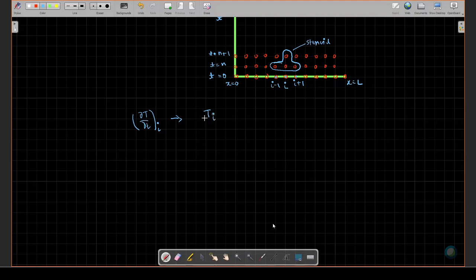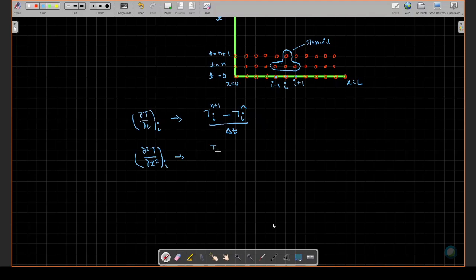Ti, so this i is common, minus another Ti, and delta t, but this is forward in time, so the time index is shown at the top, n plus 1 and n. And what about the other term, that is del 2T by del x2, that is again at the ith location, you take two terms. Okay, so what is the central difference?